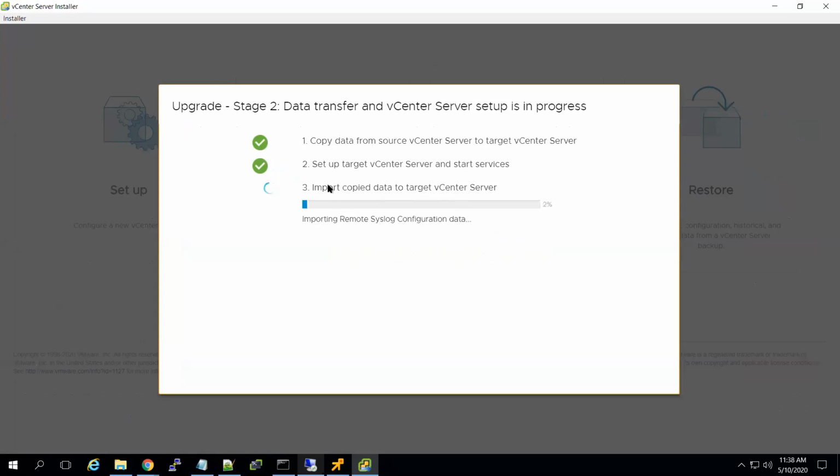During the upgrade, please make sure you have created a host record in your DNS server for your vCenter server. Also make sure a pointer record is created. This is important because that might be a cause of failure of this upgrade. So make sure you have created the pointer record and host record in your DNS server. This is mandatory.